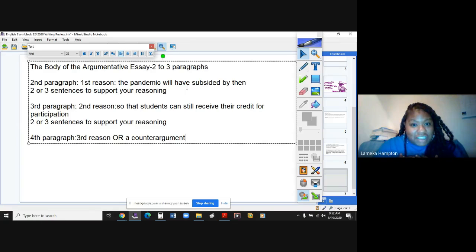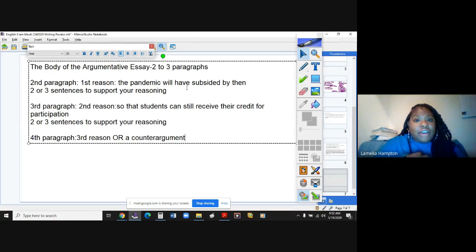Now, my personal stance on the counter argument is this. Again, I'm not saying that the counter argument is wrong. I'm just giving my personal opinion as it relates to it. To me, the counter argument, I'm not going to say it's unnecessary, but it does give a different viewpoint to what you originally stated. Hopefully that makes sense to anybody watching the playback or to anyone in class right now.